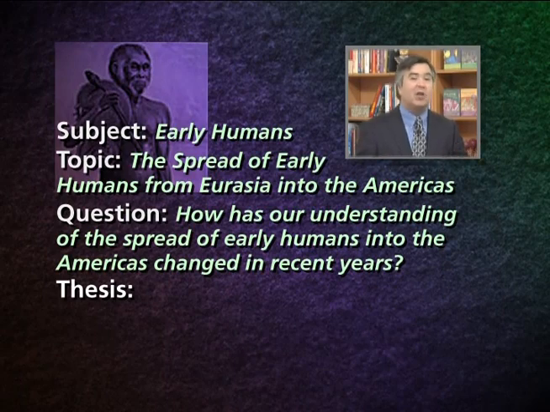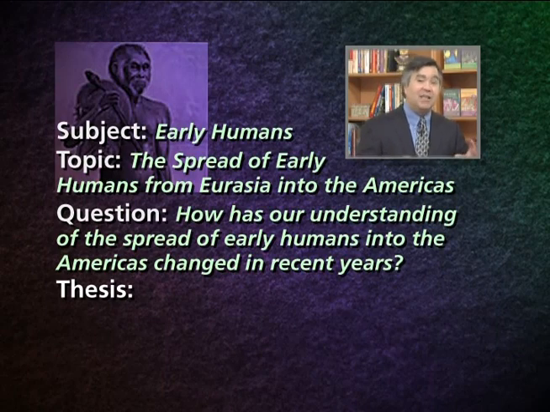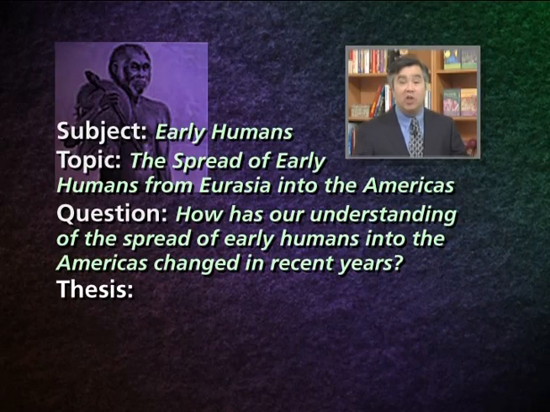Archaeologists and scholars are constantly finding new sites where early humans first lived in America, with arrowheads and tools and signs of ancient fires, all of which add little by little to our knowledge of early humans in the Americas. So you might be interested in writing a paper based on research into what those most recent findings are. What are the new discoveries, and what do they tell us about early humans in the Americas? And after doing your research, you'd need to come up with a thesis that summarizes in a sentence the main point of the paper, your main answer to the question.